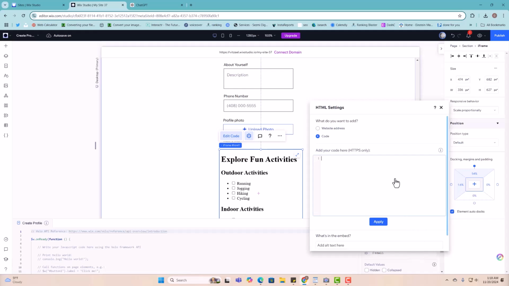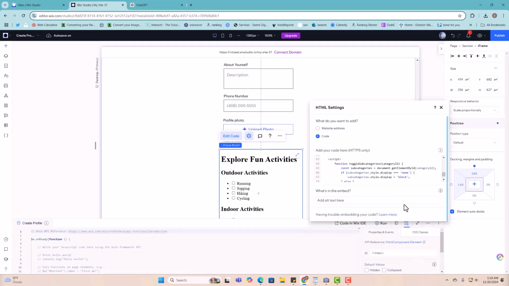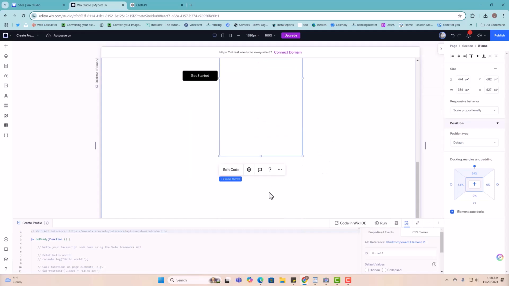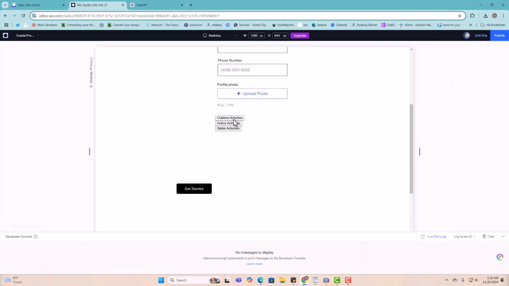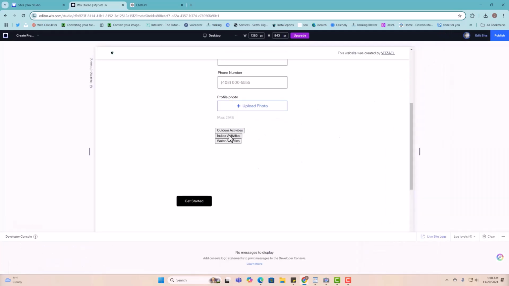So I'll delete it, paste a new code, click update, and there you go. Now it got updated. See what it looks like. So if I click preview, I can also have it to be separated, but as you can see,